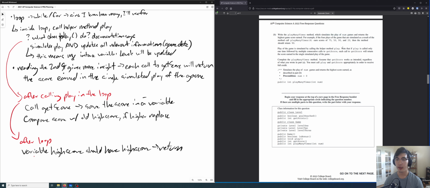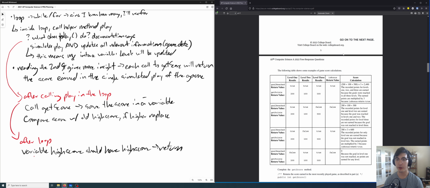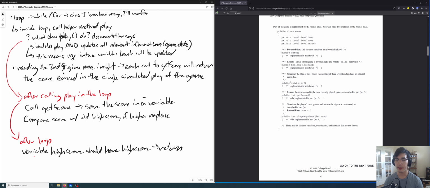Now I don't really know how play works, and I don't really care about that. All I need to know is that it simulates the play of this game, and the key thing, it updates all relevant game data. This is the game data, level 1, level 2, level 3, the instance variables. So this means my instance variable levels will be updated.